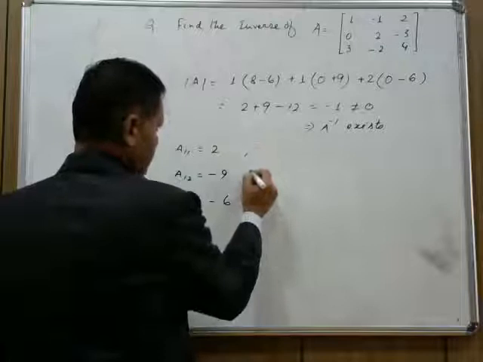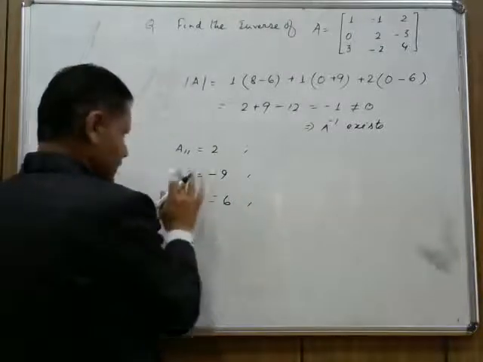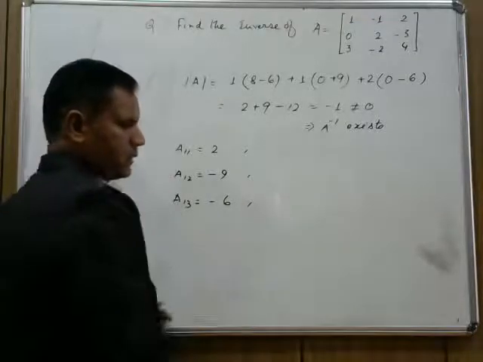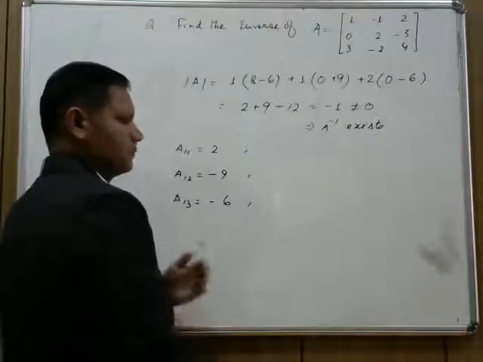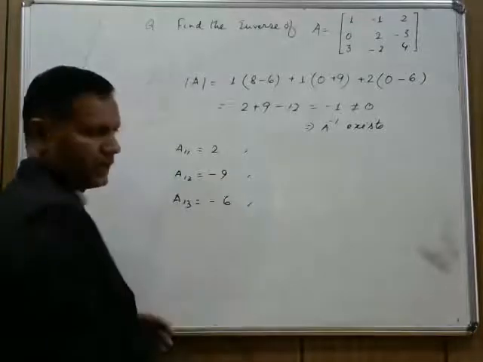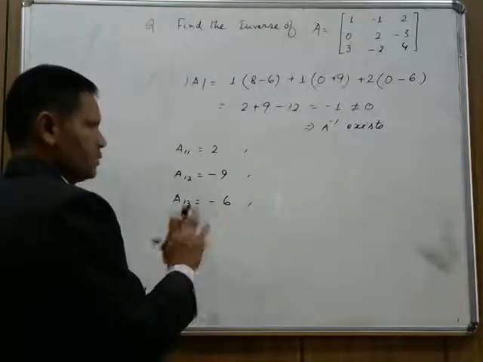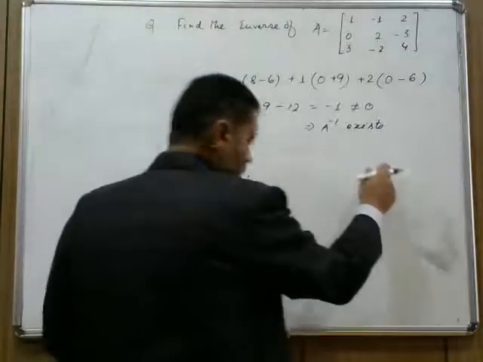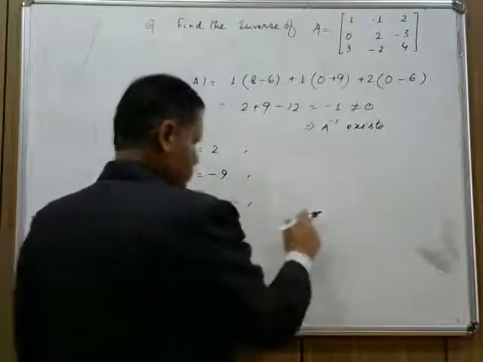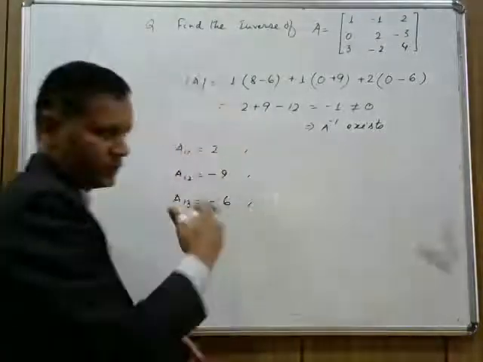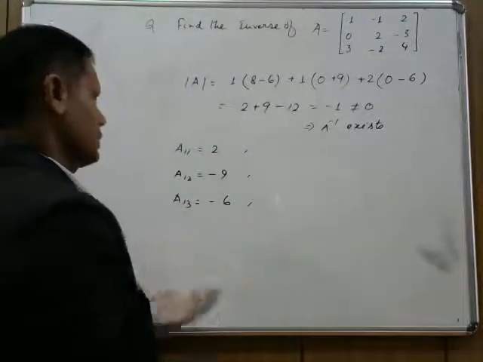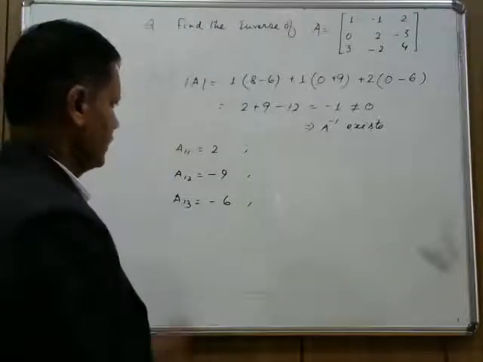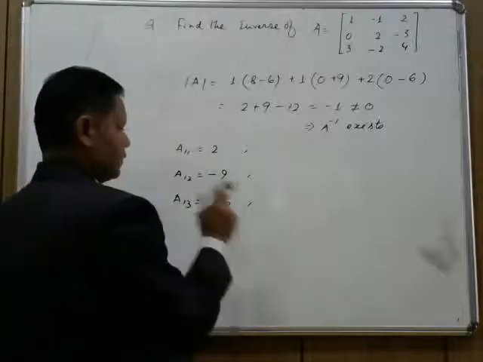Secondly, I now find the next row. I can write this in a row also, but since I have to write the transpose of it, and this gives the transpose directly, that's why I am doing this. Otherwise, it's your choice. You can write A11, A12, A13, A21, A22, A23, A31, A32, A33, and then transpose it. But here I am writing it as I am transposing it also. Now A11, A12, A13 are done.